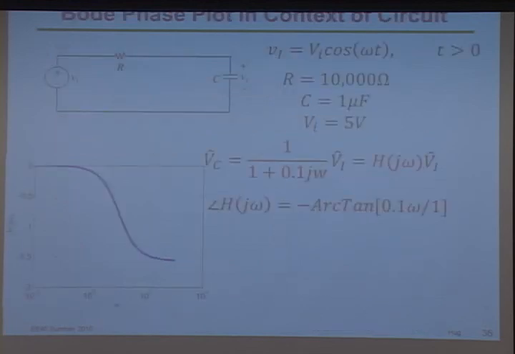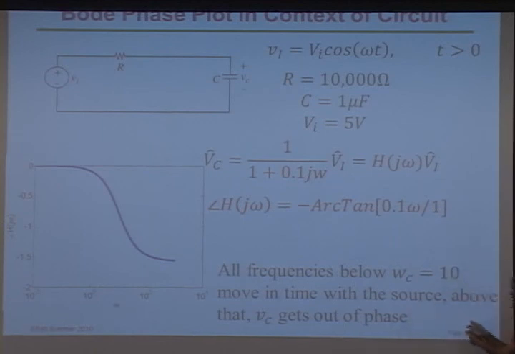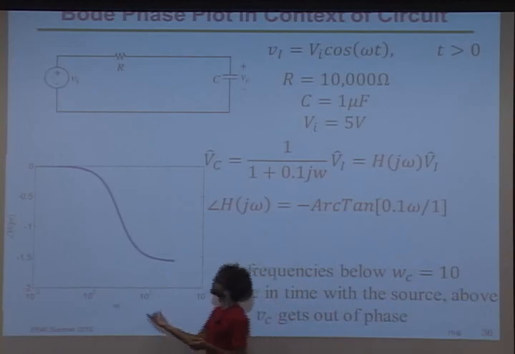Okay, so basically if you look at this plot, the idea is that if you have a signal which is pretty low frequency, the capacitor voltage will move in time with the source, and above that it'll get out of phase. So this is important because, suppose this was some audio